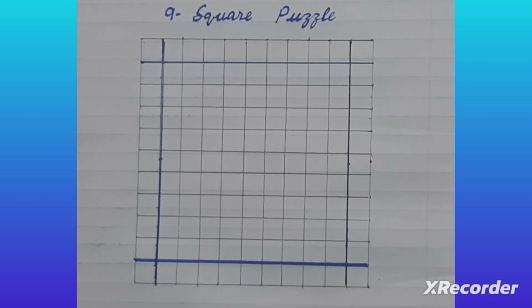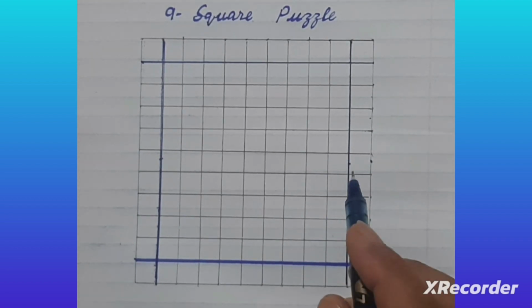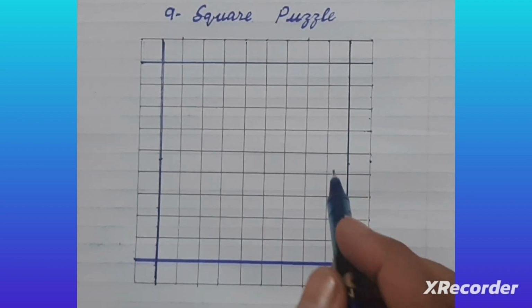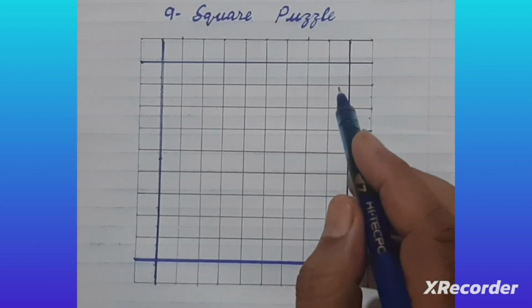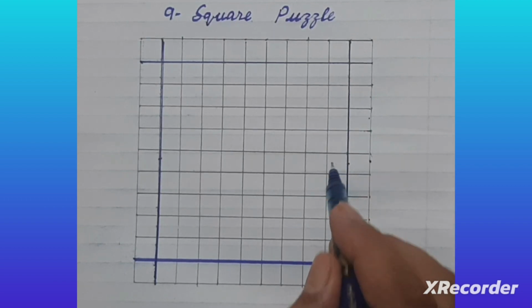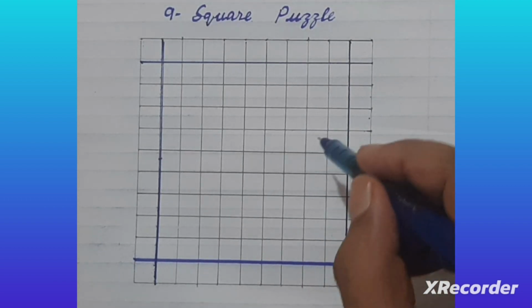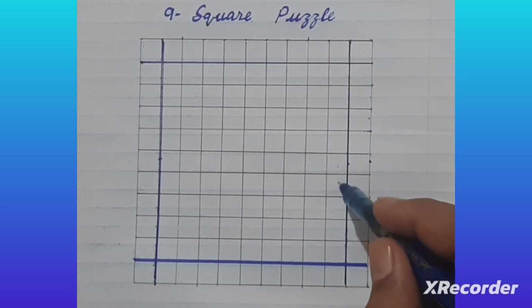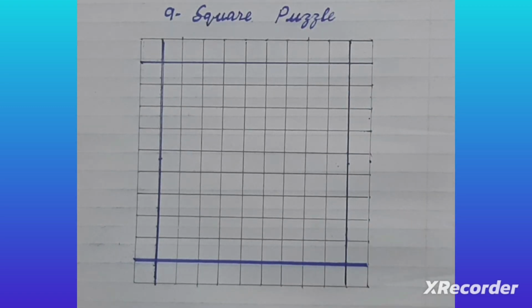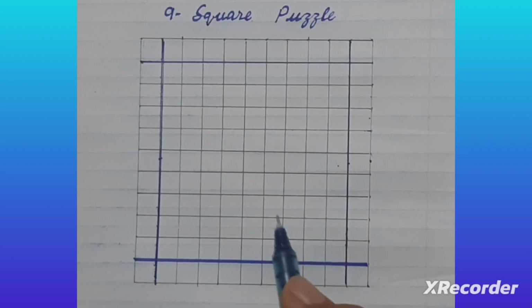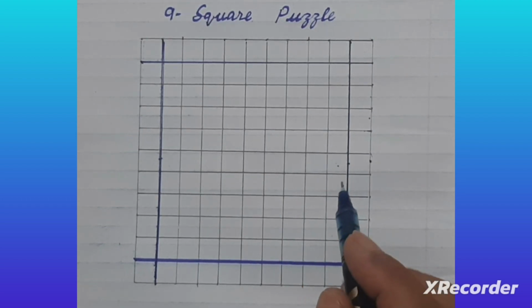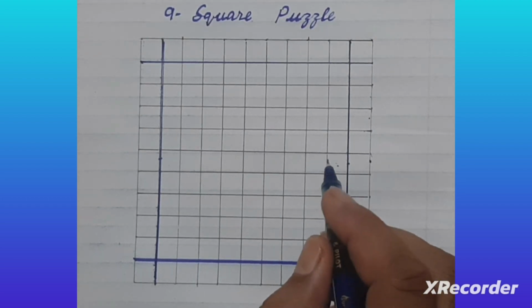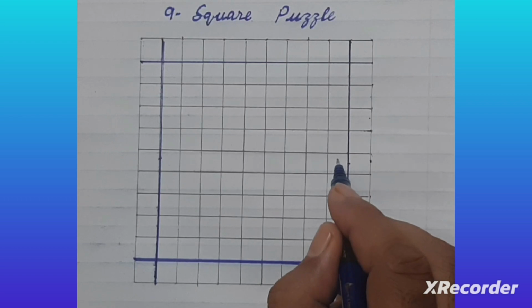So we start now. We start from 1, from the middle of the square, and its middle is this square. On the upper side we have 1, 2, 3, 4, and downward 1, 2, 3, 4. The fifth square is in the middle. Now we start from 1. This is 1,